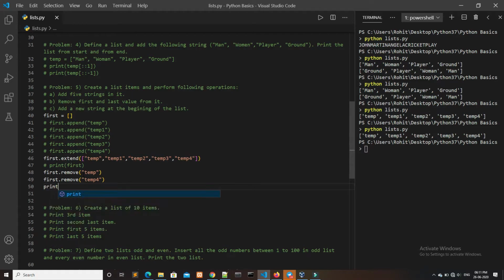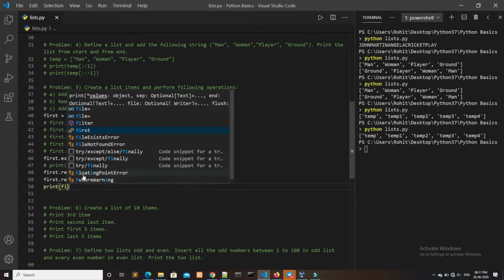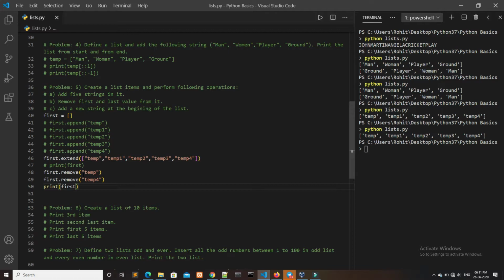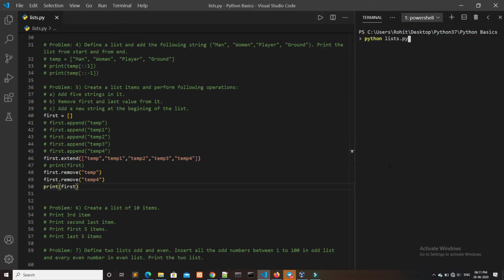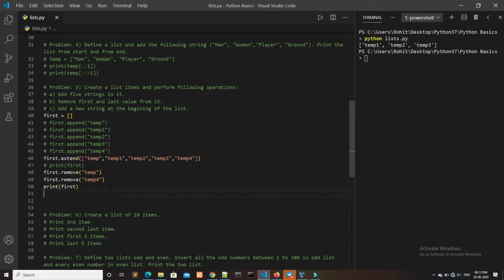To check it, I will clear the console and print first, the list. As we can see, we are no longer getting temp and temp4. So this completes part number 2. In part number 3, we have to add a new string at the beginning of the list.